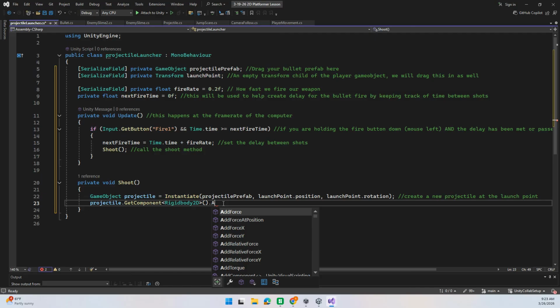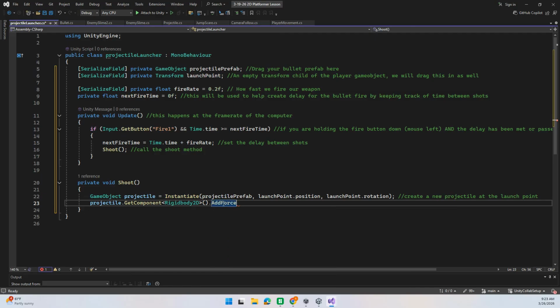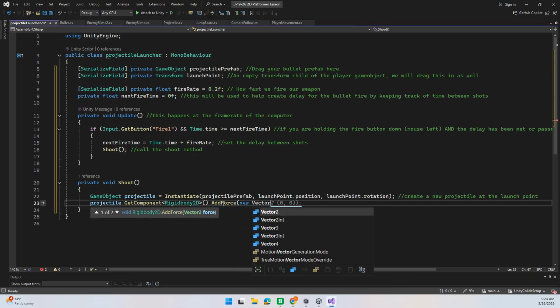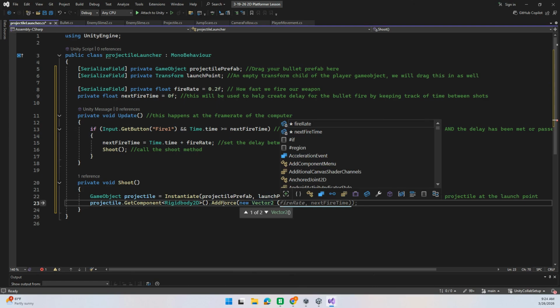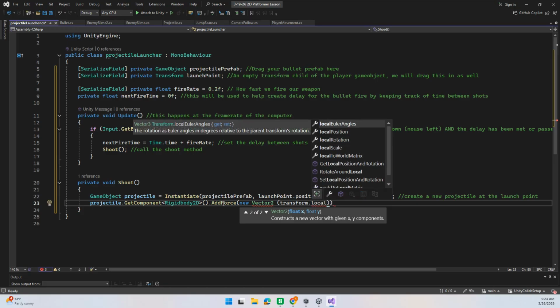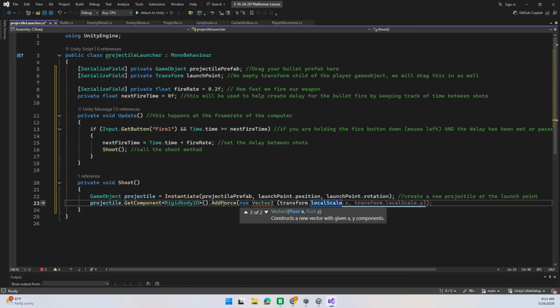And now that we have accessed it, we can call a method of it. The one we'll call is AddForce. And this one is just going to be a new Vector2. This one, we're only firing straight. There are a lot of ways that we can manipulate this and fire in a whole bunch of directions, but for right now, I'm only showing you how to fire it straight. Transform dot, oh, and this will be important too because I want to go in the direction that I'm looking. So I'm going to go transform.localScale.x